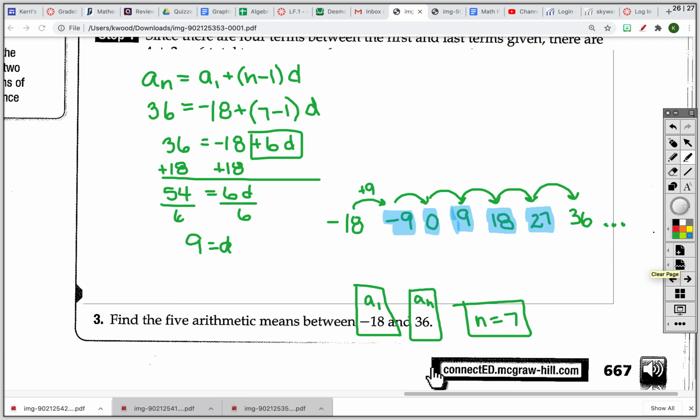So far you should be able to write an equation to find any term. You should be able to find any term in a set of numbers given the first term and the common difference. And you should be able to find the arithmetic means, which would be the numbers in between two numbers given to you. The last piece I'm going to expect you to do today